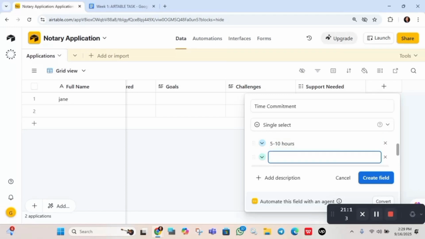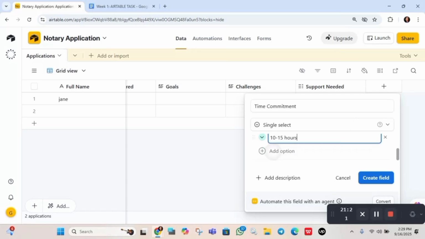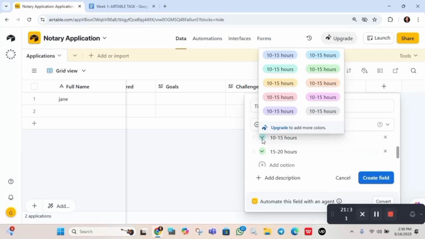Add we have 10 hours to 15 hours. And then the last one is 15 to 20 hours. All right, so this color code you can select and then just play around with all